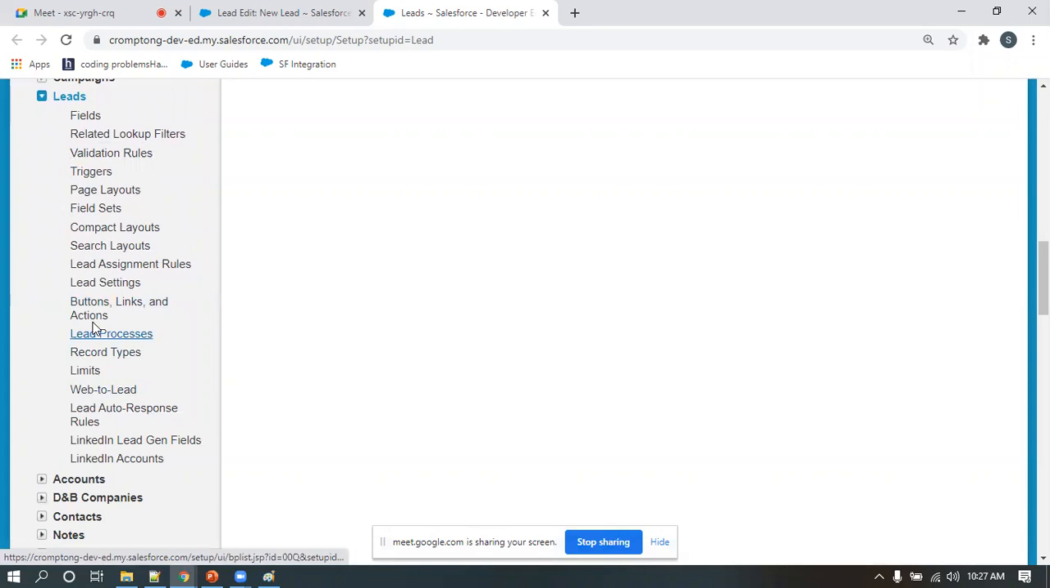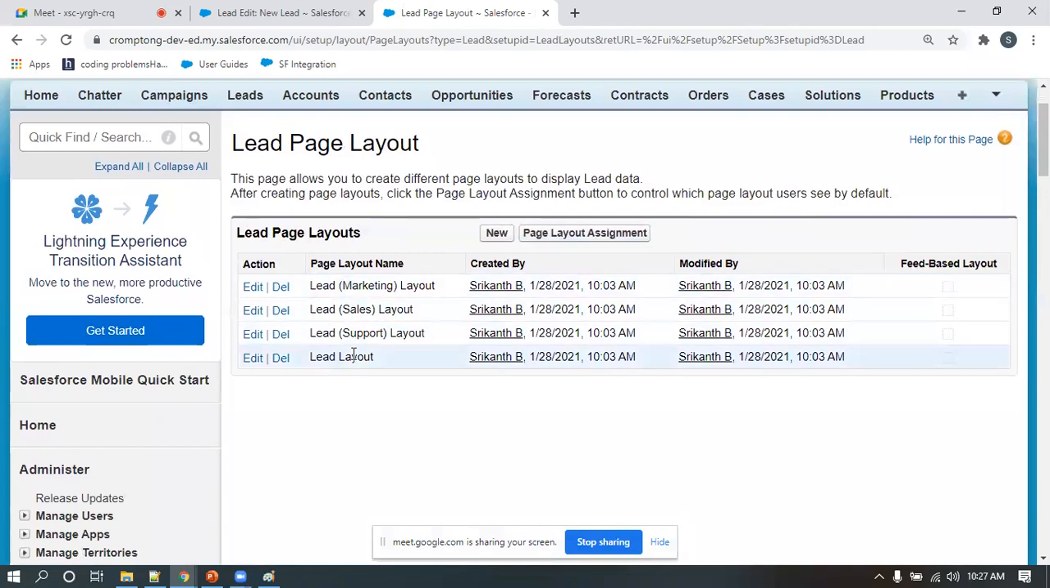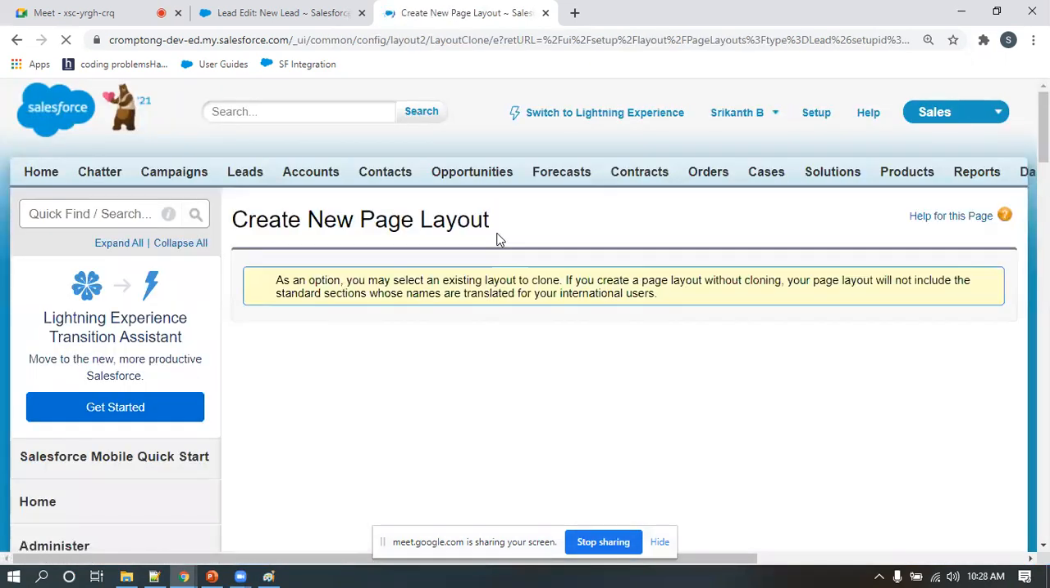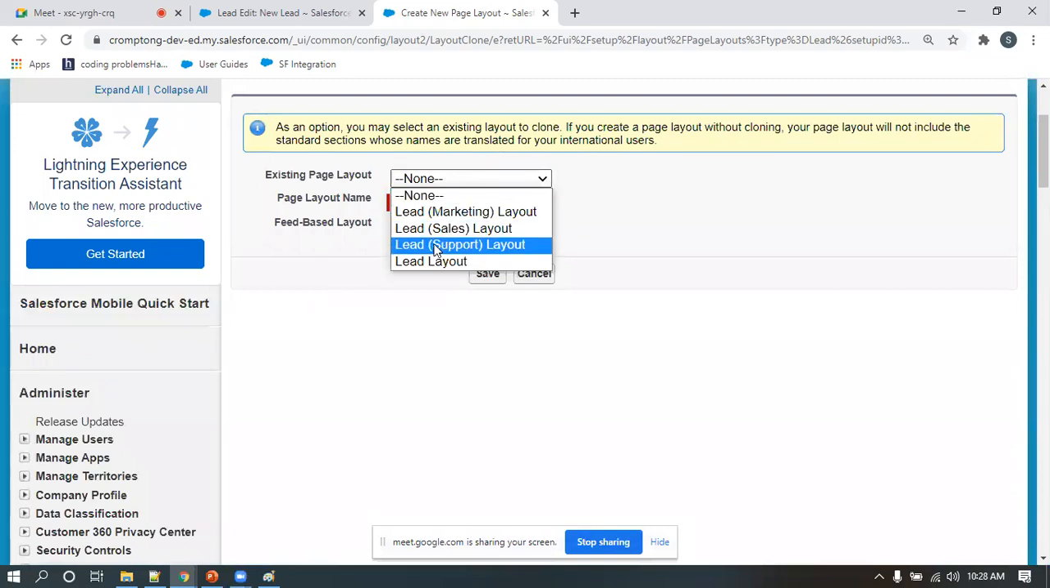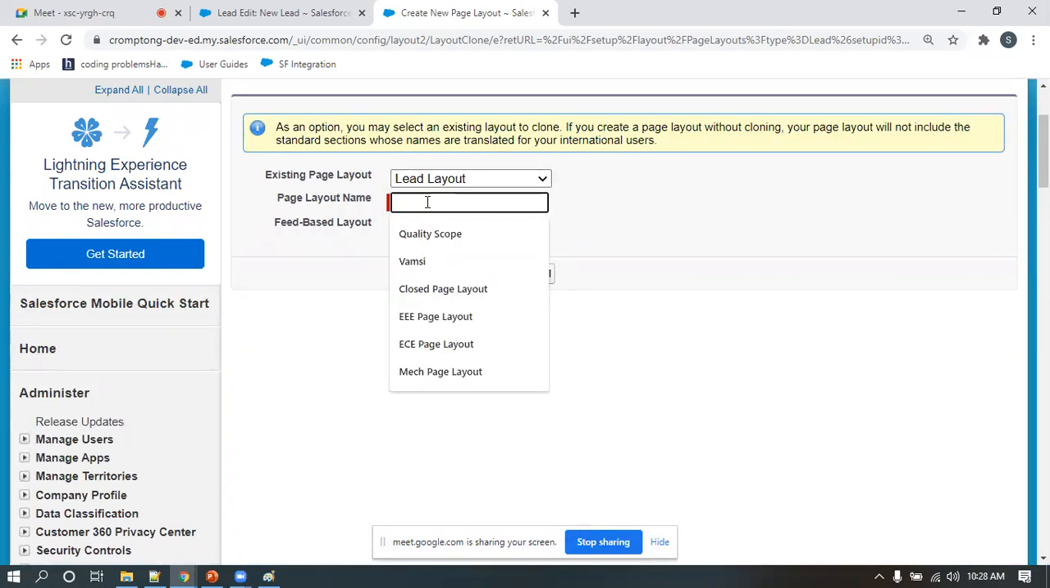So going to the layout first. There it is. Lead process, record types, layouts. These are the four layouts given by Salesforce. If you want to use them, you can use them, or else you can create one. Now let me create. Click on New. So you can clone the existing one. I'm cloning the existing one, and I'm creating this for the retail lead